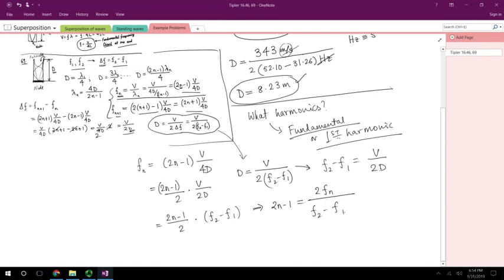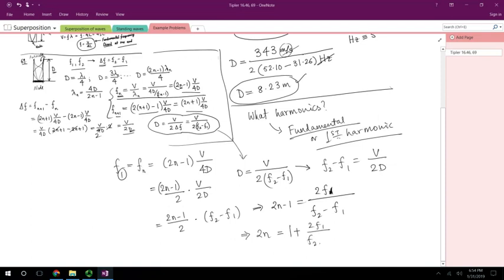And in this particular case, although I'm using Fn, what I really mean over here is the lower frequency that is given, F1 that is given to us. So this is nothing but F1. Okay, so if I keep going and try to isolate n, so this is 2n, I'm going to add 1 to both sides, so we have 1 plus